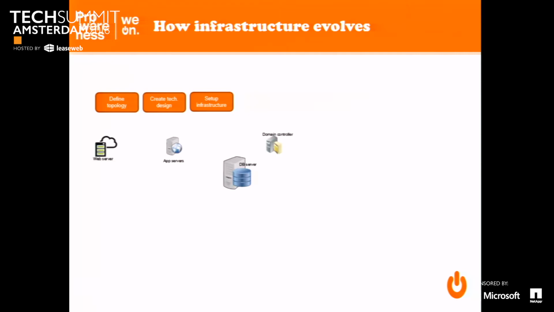So we started with a typical 3-tier environment. We had a web front-end server where we had our websites. We had an application server where we ran our services. This was the business logic, which was providing data to the web front-end. And then, obviously, we had a relational database system, so it was a DB server. It's very traditional, not much Dockerized 3 years back, right? And a domain controller and things like that. So this was the initial state of it, right?